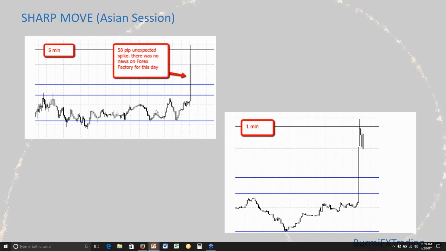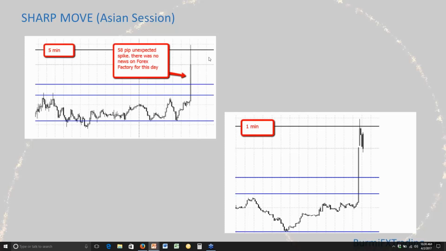So we were pretty range bound. There's not much happening, just normal price behavior that we see during the Asian session. You can see here price spikes down, price moves higher to fill that spike, right? So we expect price to move higher, come down, move higher. So price is doing its thing, and